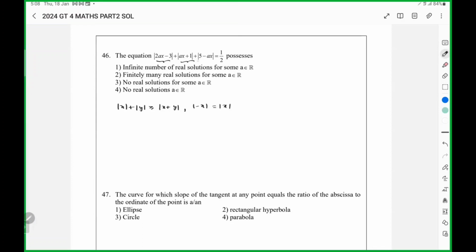After careful observation, here 2ax, here ax, here ax. I just write it as